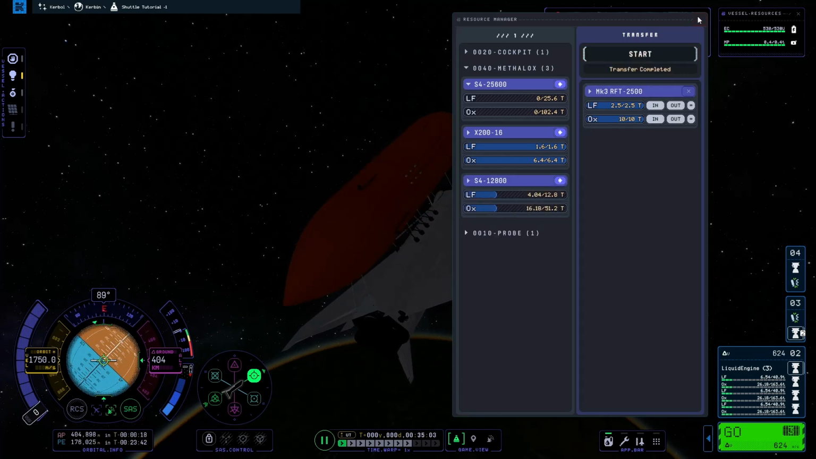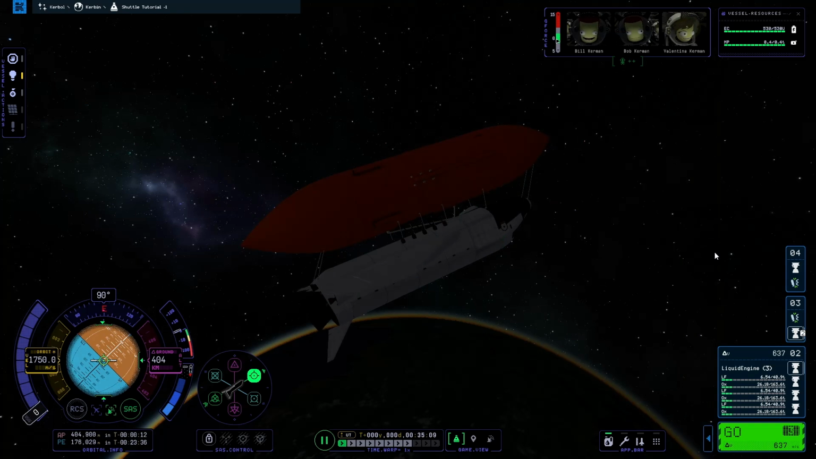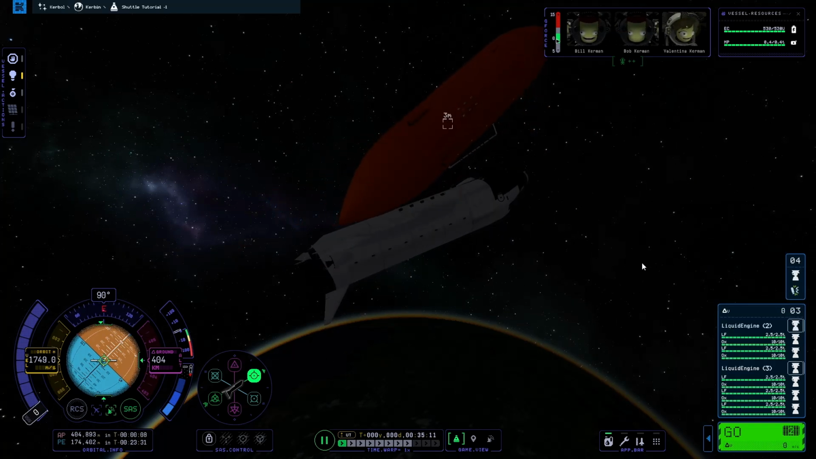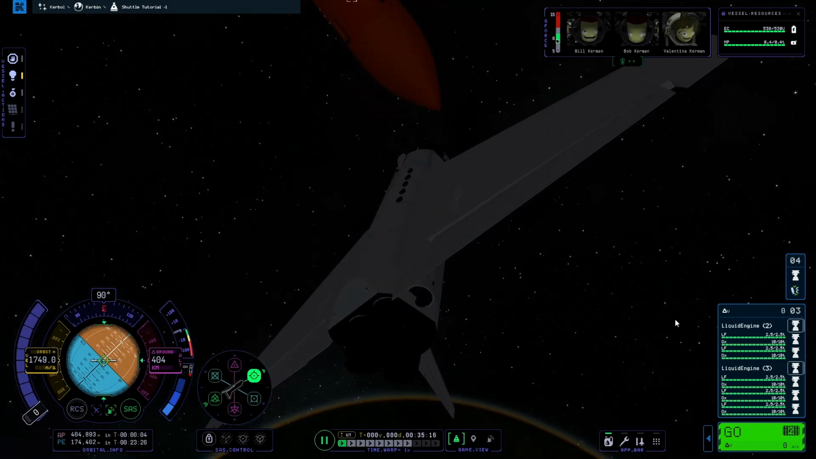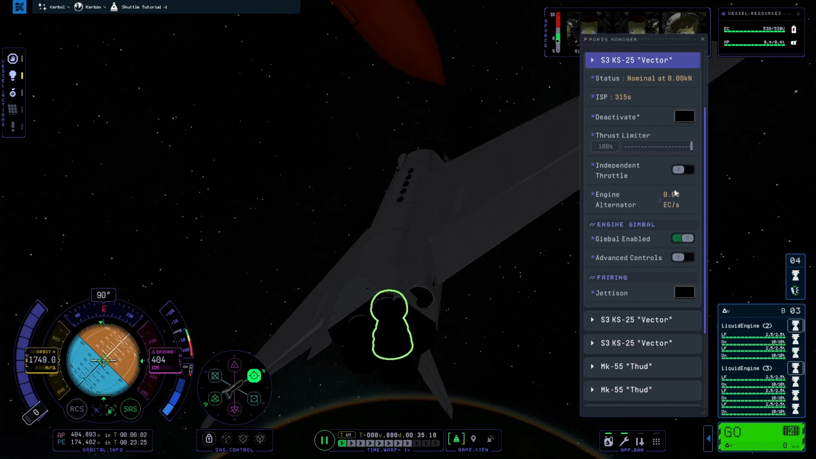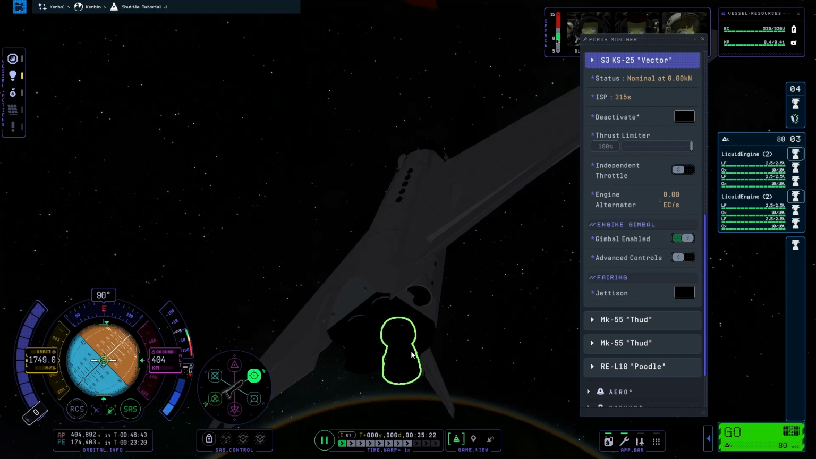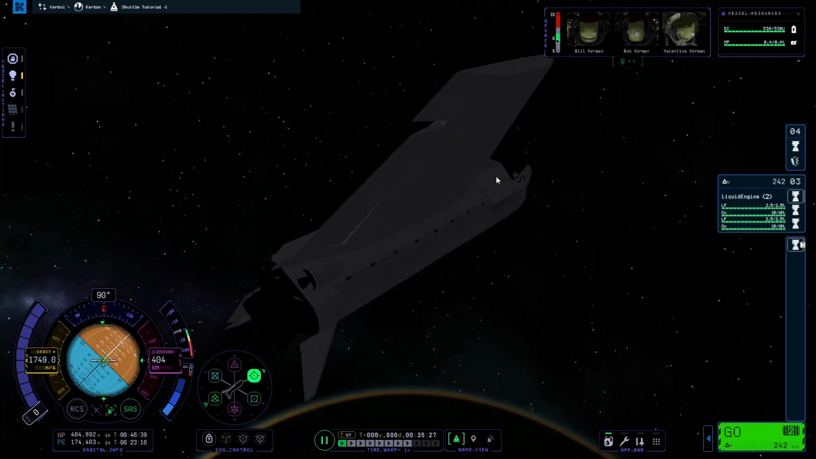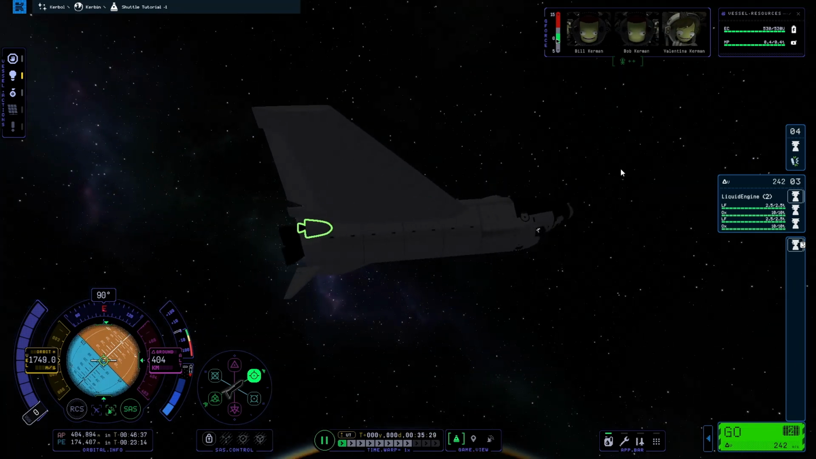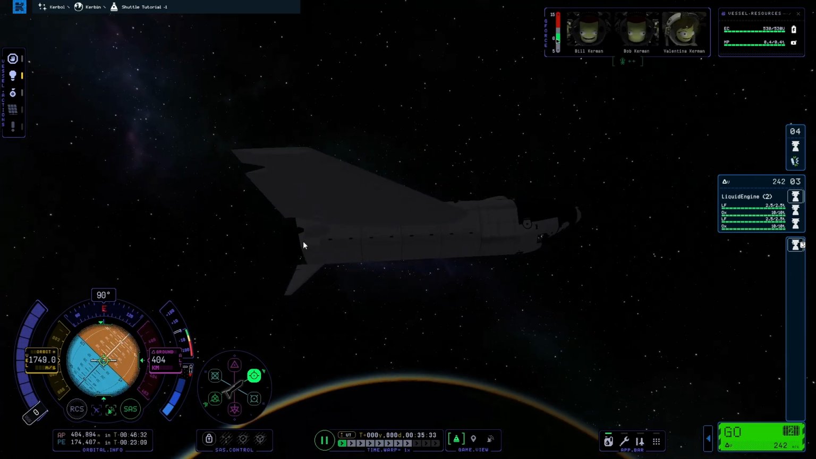And then yeah, we're going to detach this big fuel tank right here. And while we're at it, we're going to deactivate the vector engines because they're asymmetrical. So deactivate, and deactivate. And then now these are activated already, even though it says activate. This is status nominal, it's a bug. But these are activated already, so we're gonna